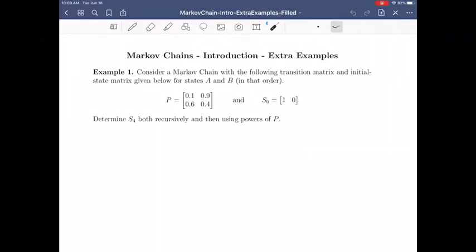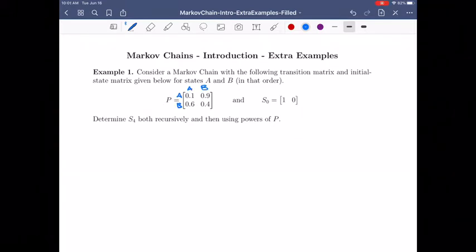In this video, we're going to do some extra examples about Markov chains and computing kth state matrices in the future. So, consider a Markov chain with the transition matrix given below. So P is 0.1, 0.9 in row 1, 0.6, 0.4 in row 2, and the states are A and B in that order. So our rows are labeled A, B, columns also labeled A, B for the matrix, and for